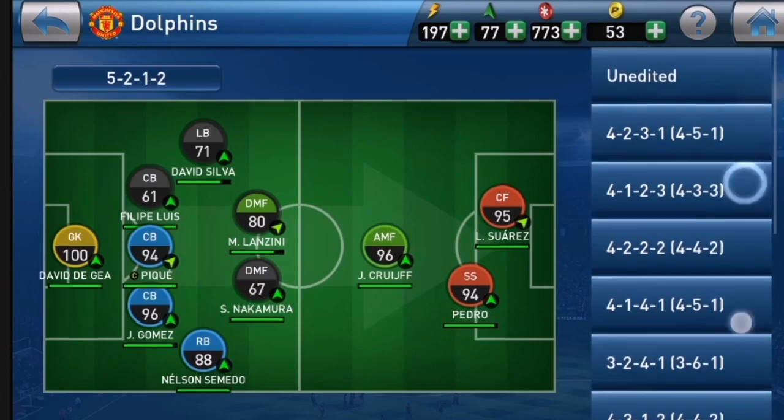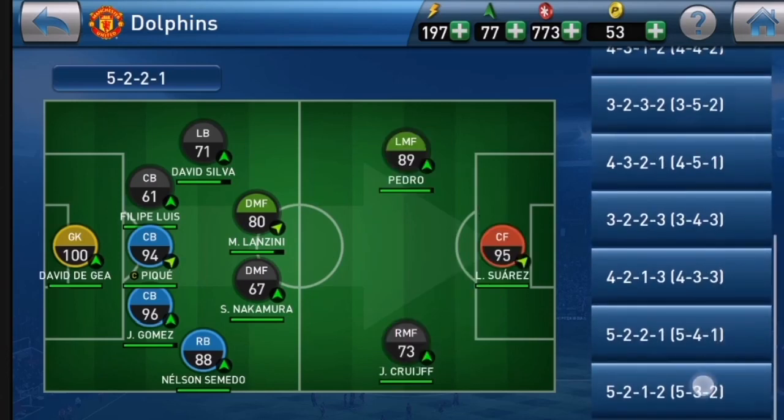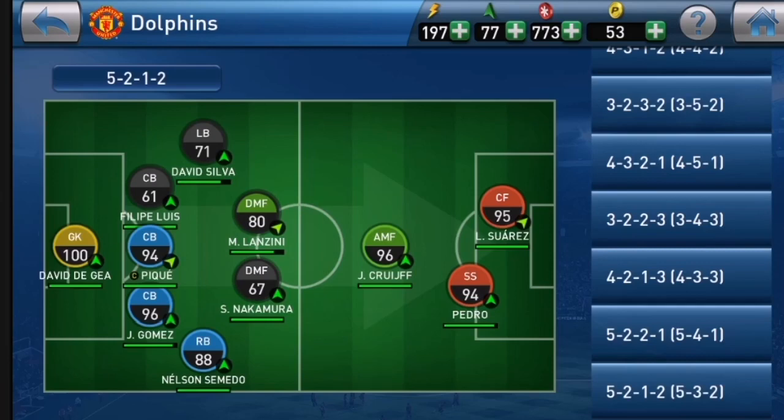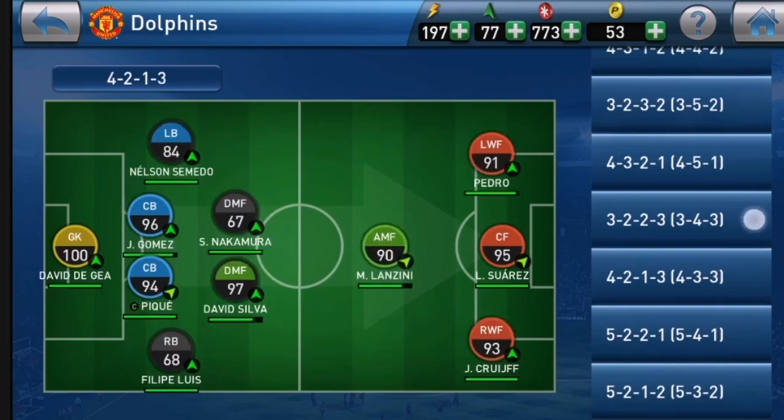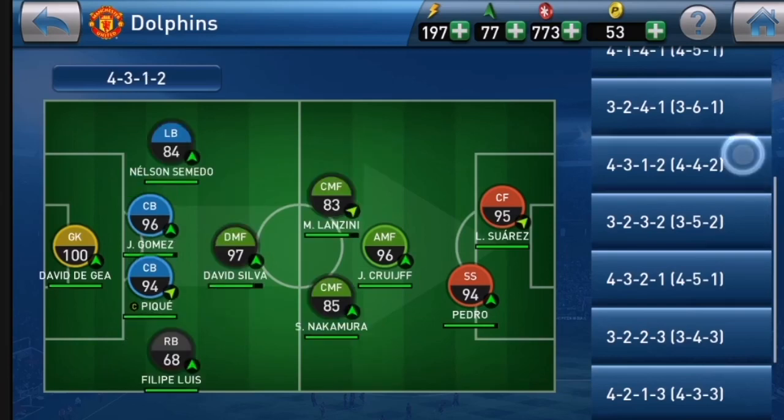Quite a number of variations. I think for a mobile game where most people wouldn't want to go too in depth and come up with customization, the kind of options they have is really excellent. So you have, from the bottom, 5-3-2, 5-4-1, 4-3-3, 3-4-3, 4-5-1, 3-5-2, 4-4-2,